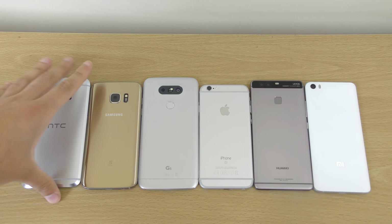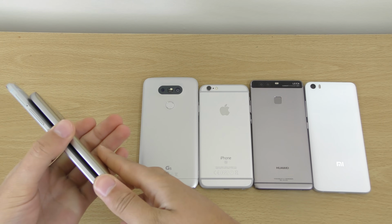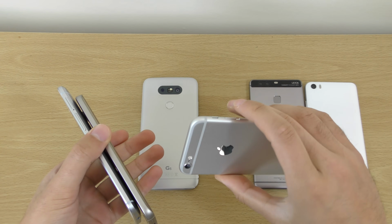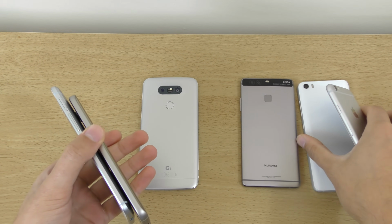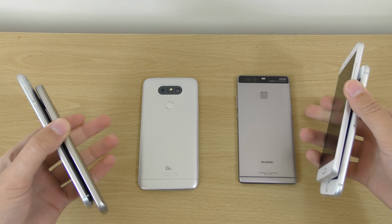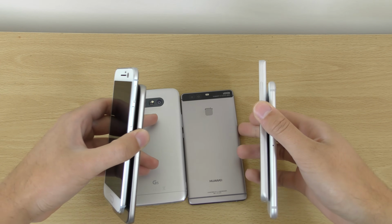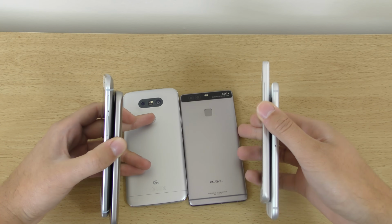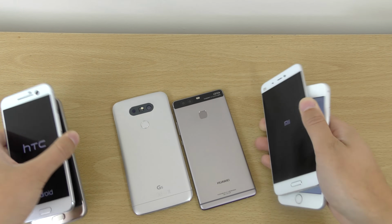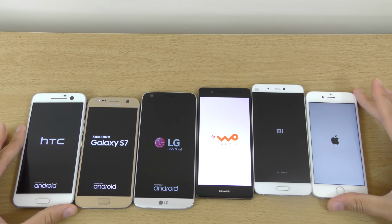So we can just start off here, booting them all on at the same time, see if we can do this or if I'm going to fail miserably. We can certainly have a laugh here, and we can just get everything in the right position. So let's see. Right, I think we're set. So 3, 2, 1, let's go. Oh, I think we did it,